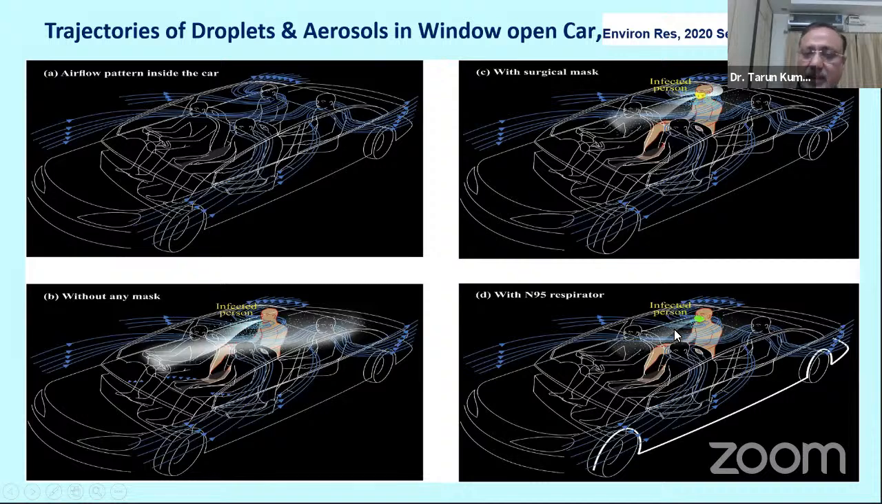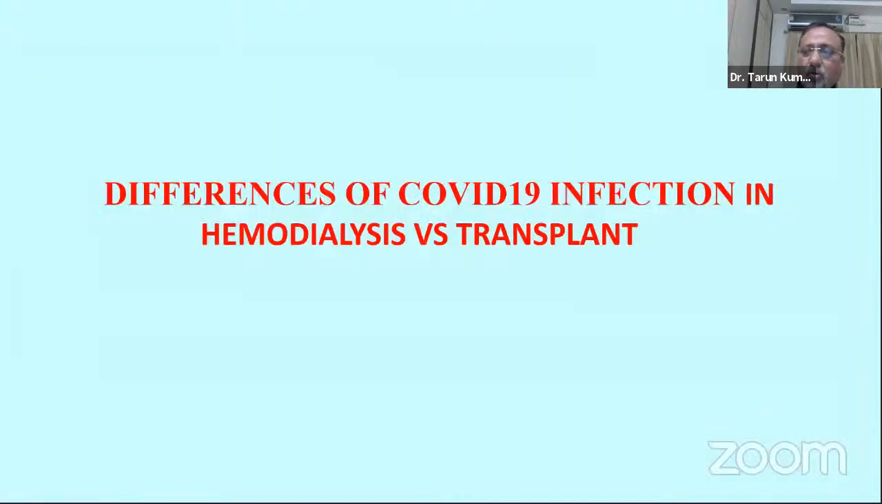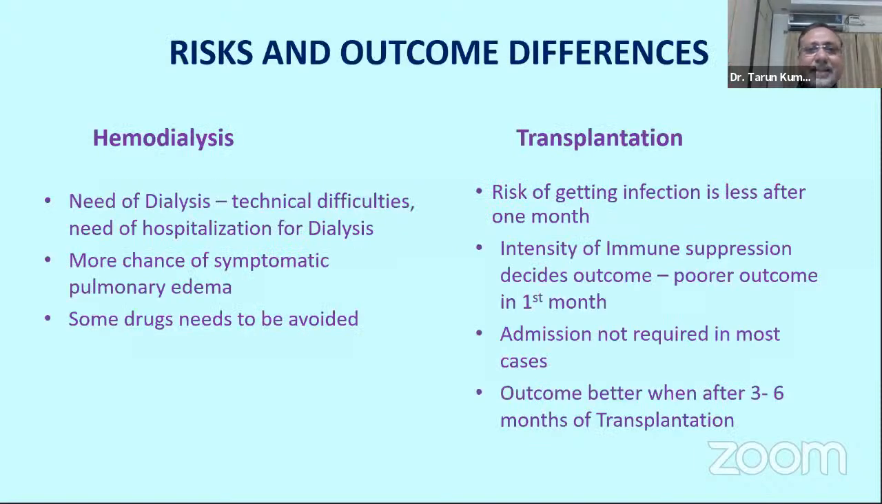So it is recommended that the person who travels for dialysis or for any work, goes out of the house and uses a vehicle, the vehicle windows should be open, and everybody preferably should wear an N95 mask to reduce the transmission risk. So as far as the outcome is concerned between dialysis versus transplantation, the problem